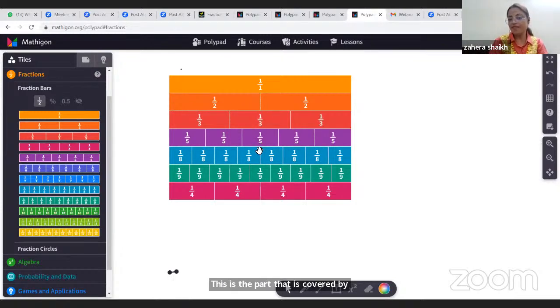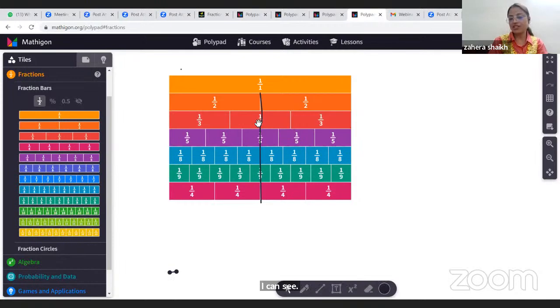Now you have to identify which other fractions fall under this space. So if I have this chart in my class and I ask my children to observe carefully, they can find out by drawing this line like this,